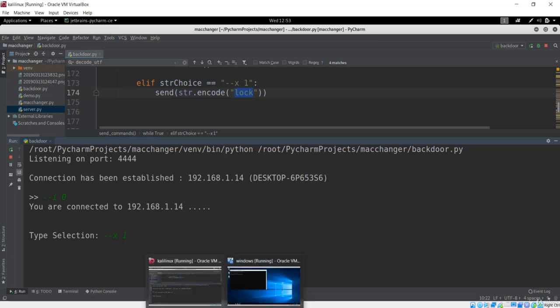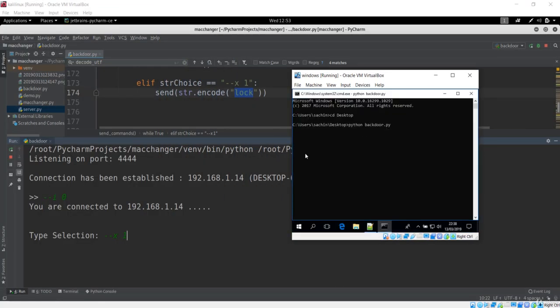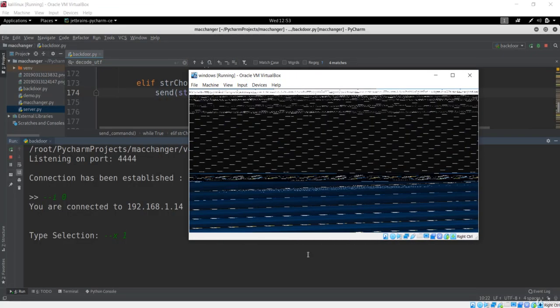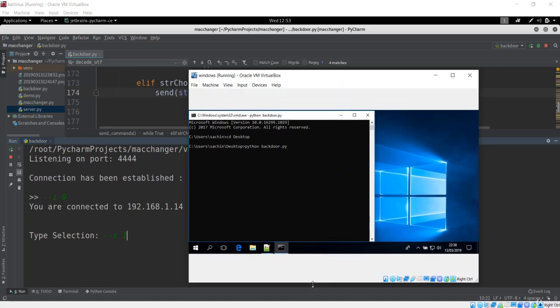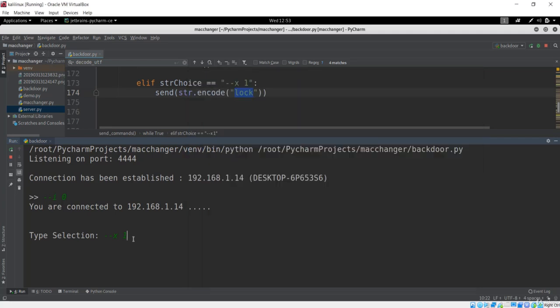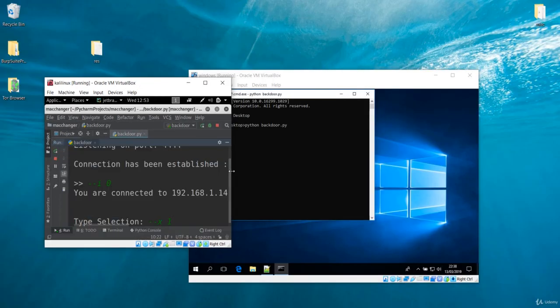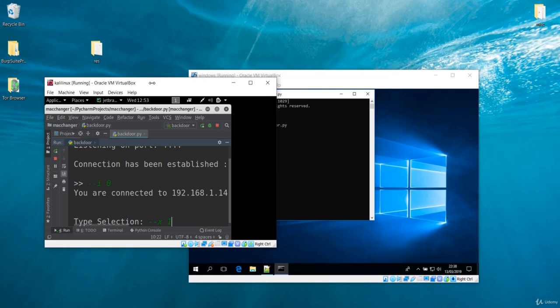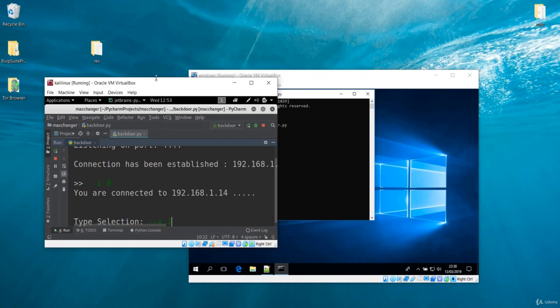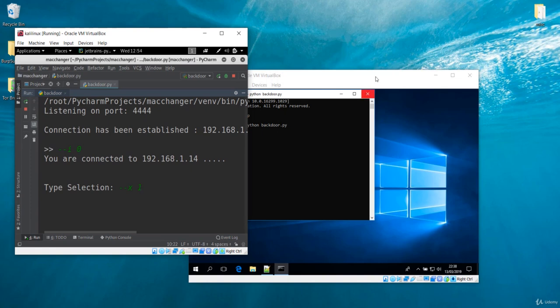I'll put the Windows machine right here, and let me make this smaller so we can see. You can see in both of these pictures, on the right hand side we have the Kali machine, the server side, and here is the Windows machine.